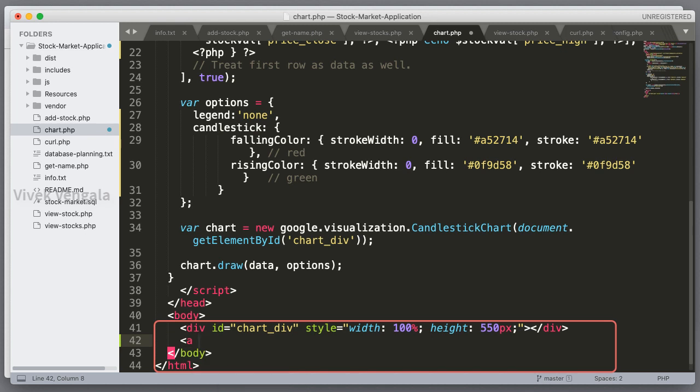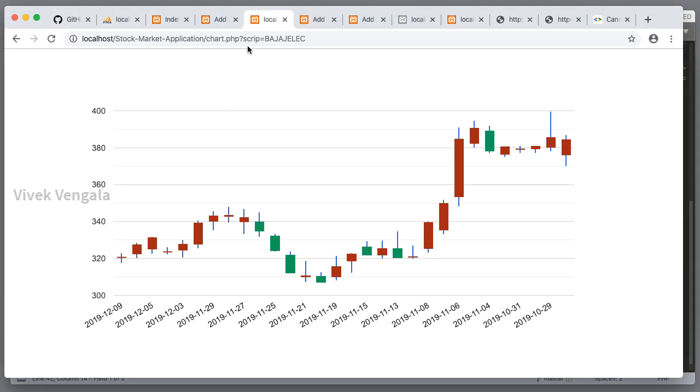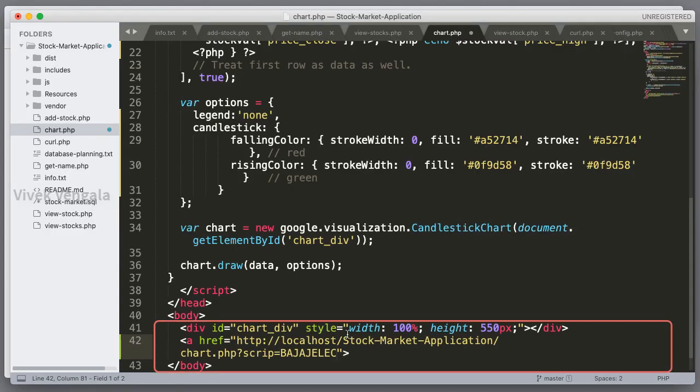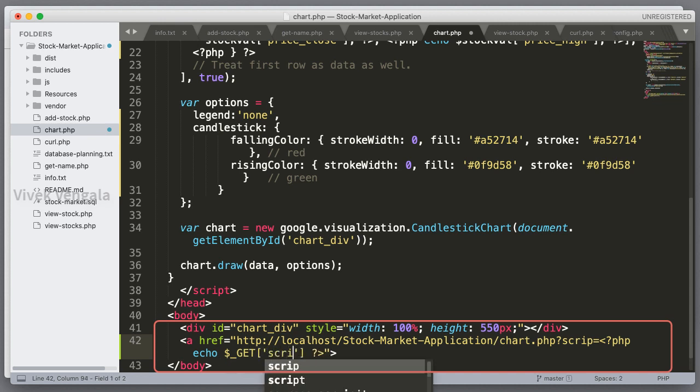That's a problem. Here I am going to add the anchor links for limiting the data to 30 days, 60 days, 90 days, 180 days, 360 days, weekly and monthly. Weekly and monthly we will work on in the next sections. Just for now, I am going to limit the days. The script is a dynamic PHP echo. That symbol will be a dynamic value from the URL, $_GET, and days equals 30. First one is 30 days,